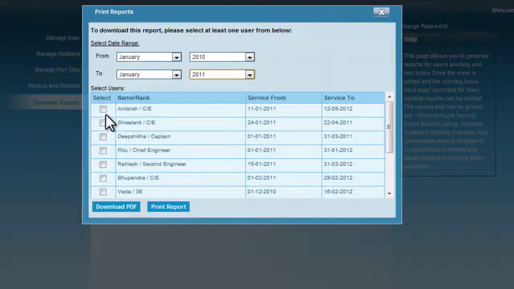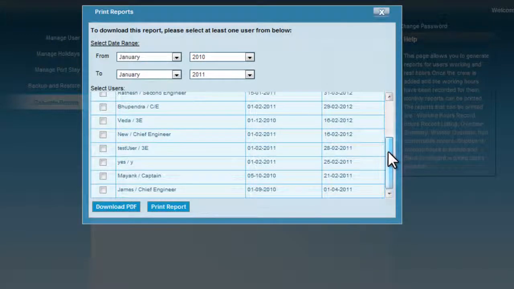From the Select Users section, you can select single or multiple users for which you want to generate the report. Note that you should essentially select at least one user. Now you can use download or print buttons to generate reports in your preferred format.